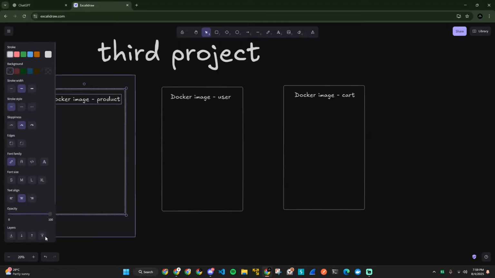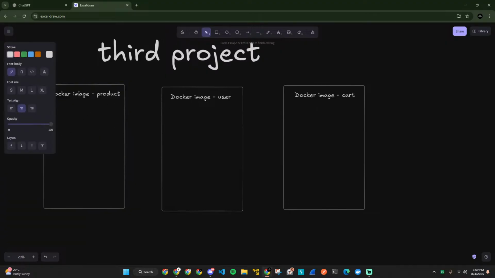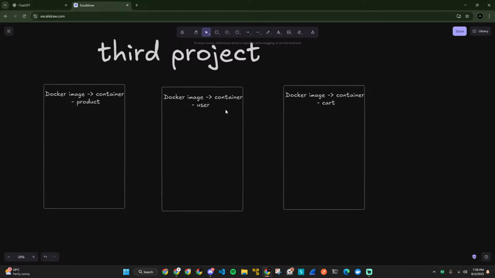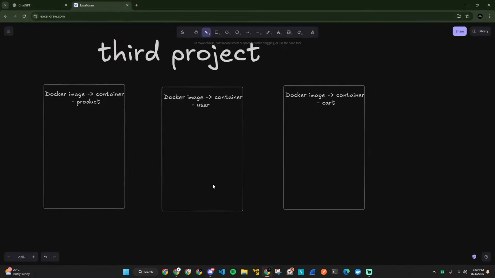These three images right here become three different containers. So Docker image, which then leads to a container. Same procedure over here: Docker image becomes a container, user. And then the third Docker image becomes a container called cart. Once you have these three containers, now we can use ECS, which is Elastic Container Service,